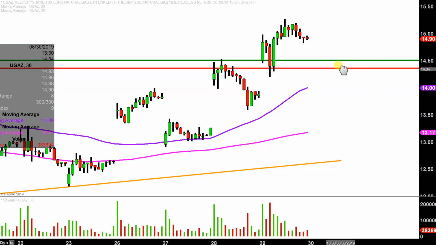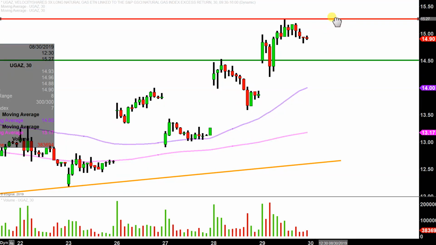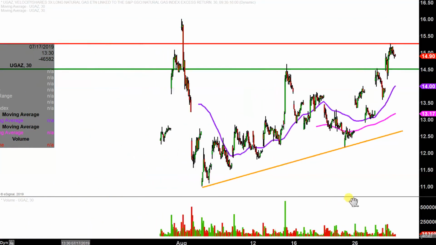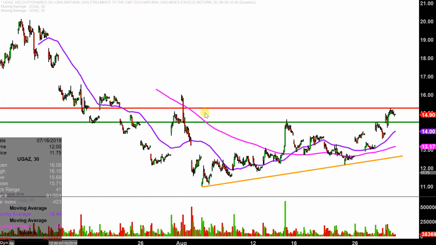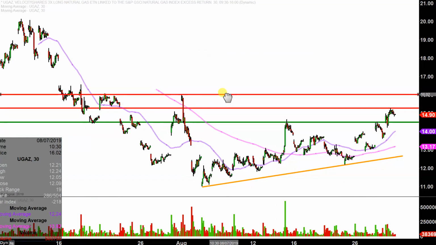Nothing fancy or complicated here, other than the fact that the rally finally stopped today up there around $15.25. In the event, though, that $15.25 is broken, the next key overarching level, and this is a pretty significant level, is right up here at the $16 mark. Why do I say it's pretty significant? Well, if you go through the history of things, you can see it acted as resistance,